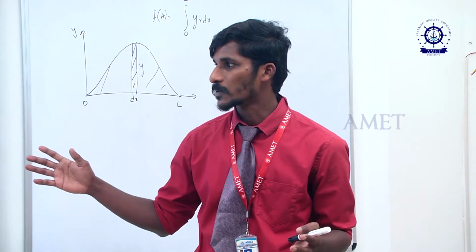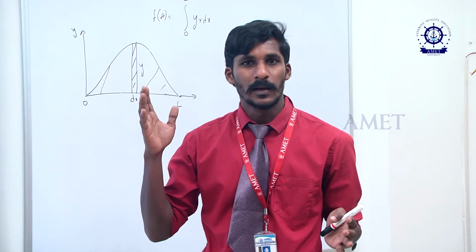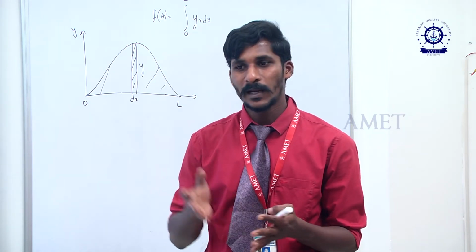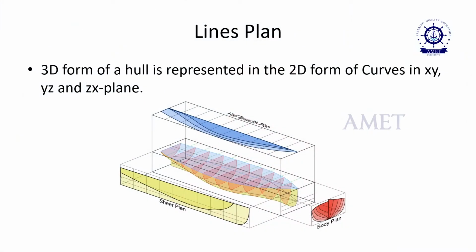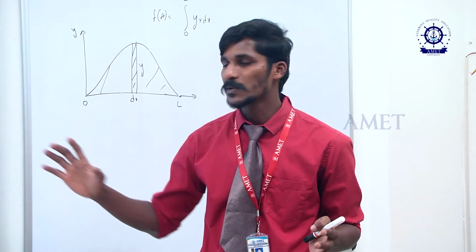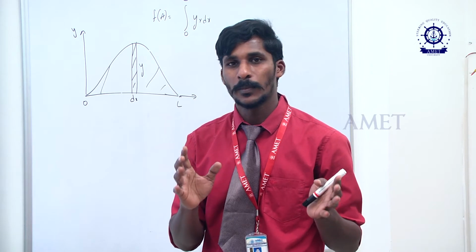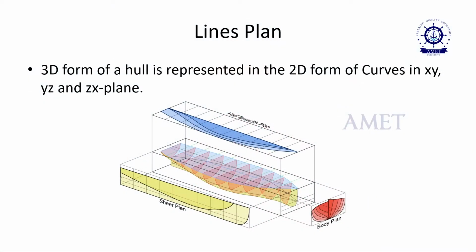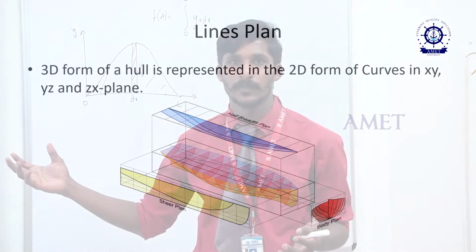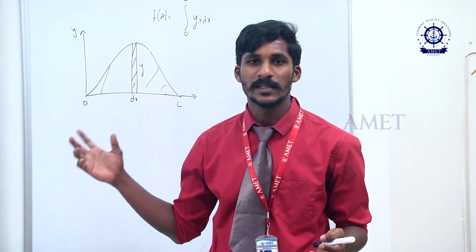So if you see in all these views, whatever the hull form has been divided into a number of parts at an equal spacing rate. When you see the body plan, the stations have been provided with different stations which are curved. So in all the places, a ship has been produced in the form of curves. So using those curves, how can we utilize Simpson's rule to find area, and then based on that how can we find the volume? Okay, so we'll go to Simpson integration.